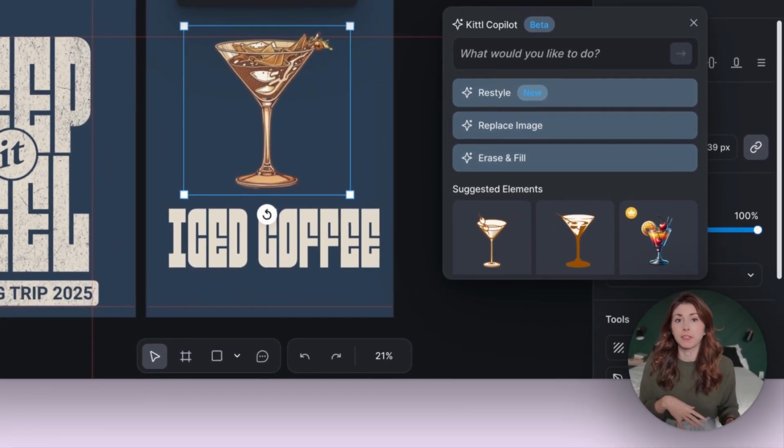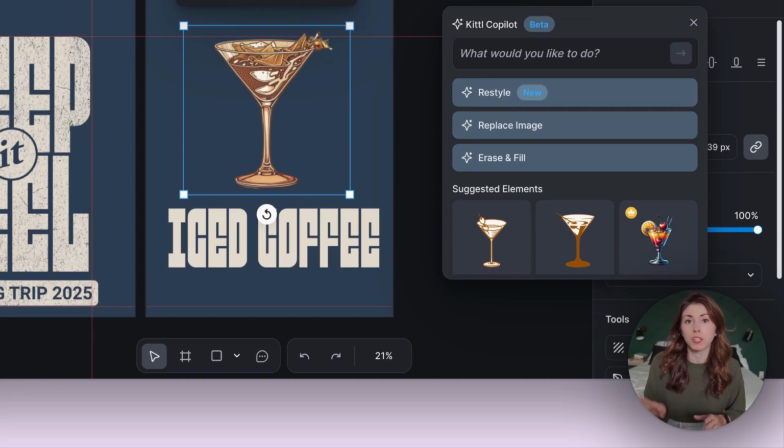So if I wanted to create a different variation of this design, it's very easy to stay with the same general design feel without having to do too much work to find something to replace it. You can just do that with a type of an AI